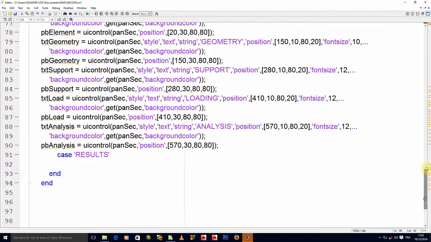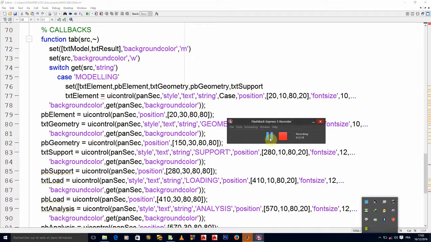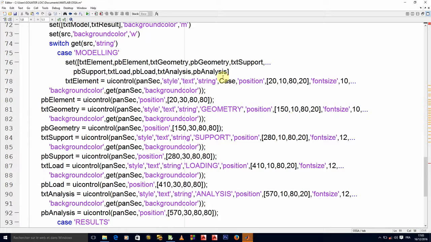So I have to set the array of all these handles, comma, comma, comma, comma. Okay, so that's that. All of them are copied here.